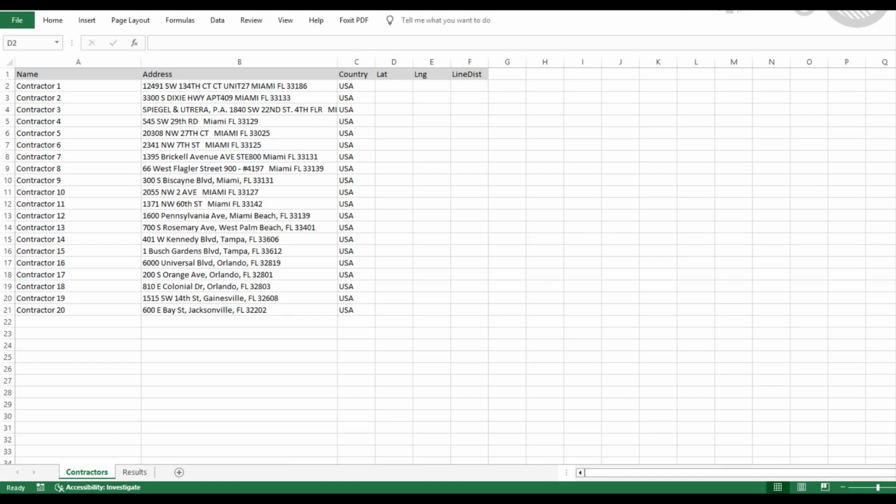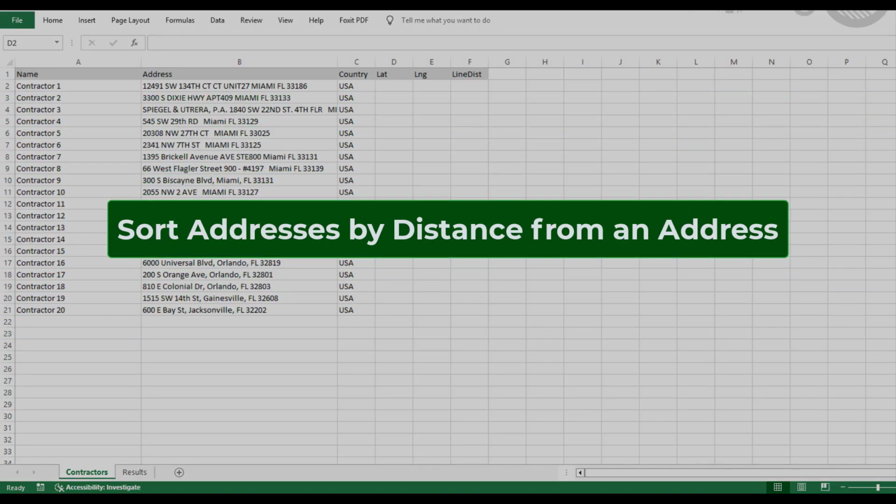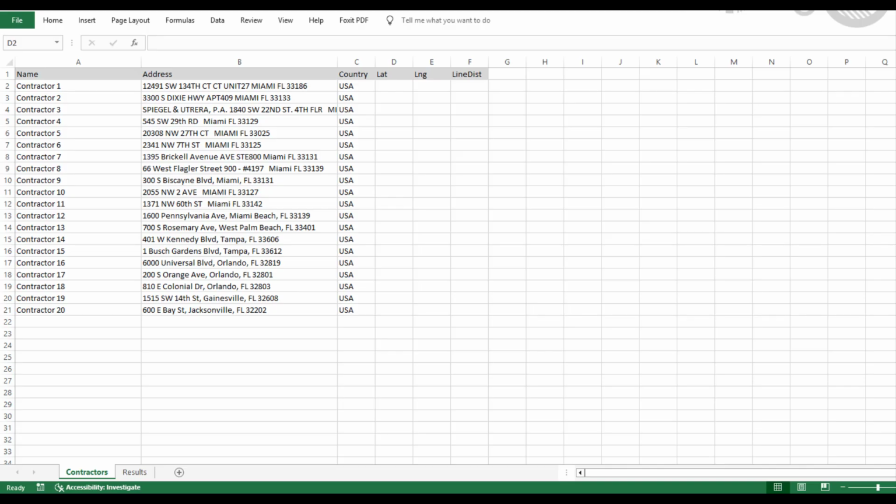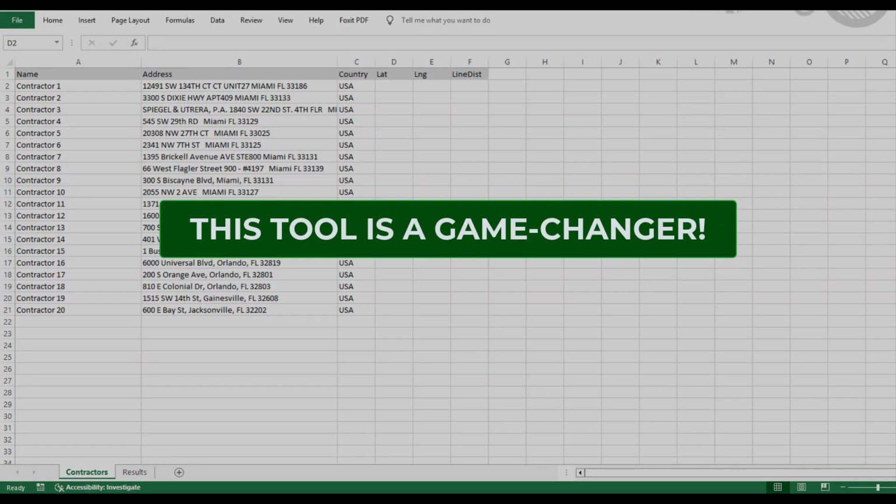Today, I'm excited to show you a powerful solution that makes it incredibly simple to sort addresses by distance from an address in Excel, right from within your spreadsheet. If you've ever needed to figure out which locations are closest to a given address, this tool will be a